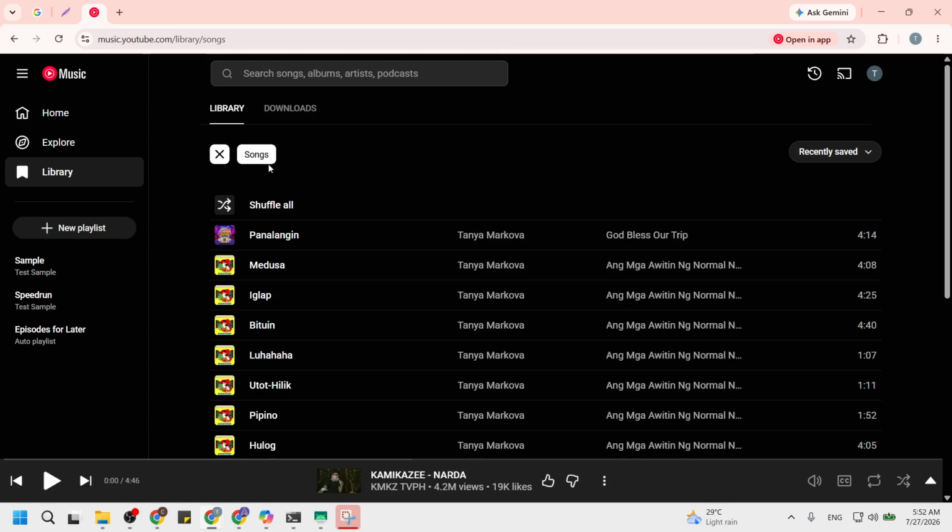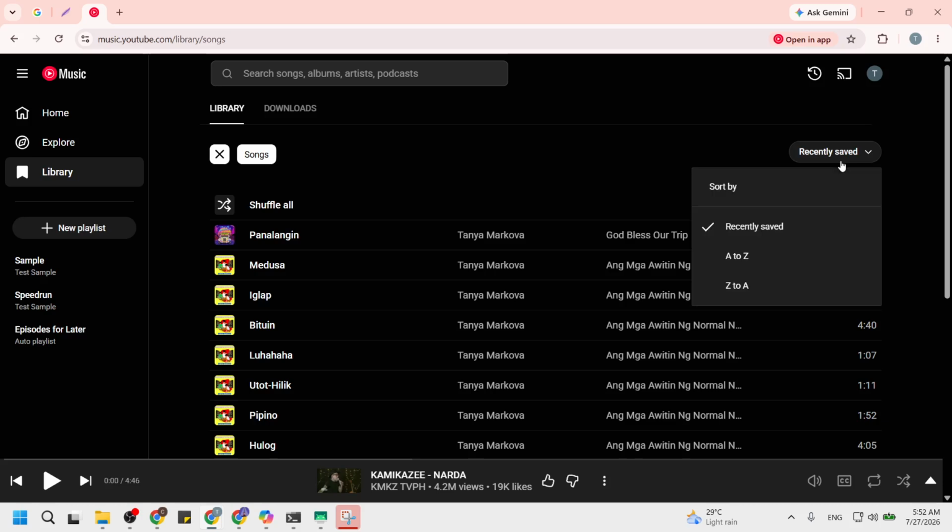Now look directly below the category chips for a small drop-down menu text. This text shows the current sorting method. It usually defaults to something like recent activity or recently added. The font is smaller than the category names, so do not confuse it with the chips themselves. Once you find it, glance at what it says now, so you understand how your list has been ordered up to this point. Knowing the current sort helps you spot the change when you switch to alphabetical.